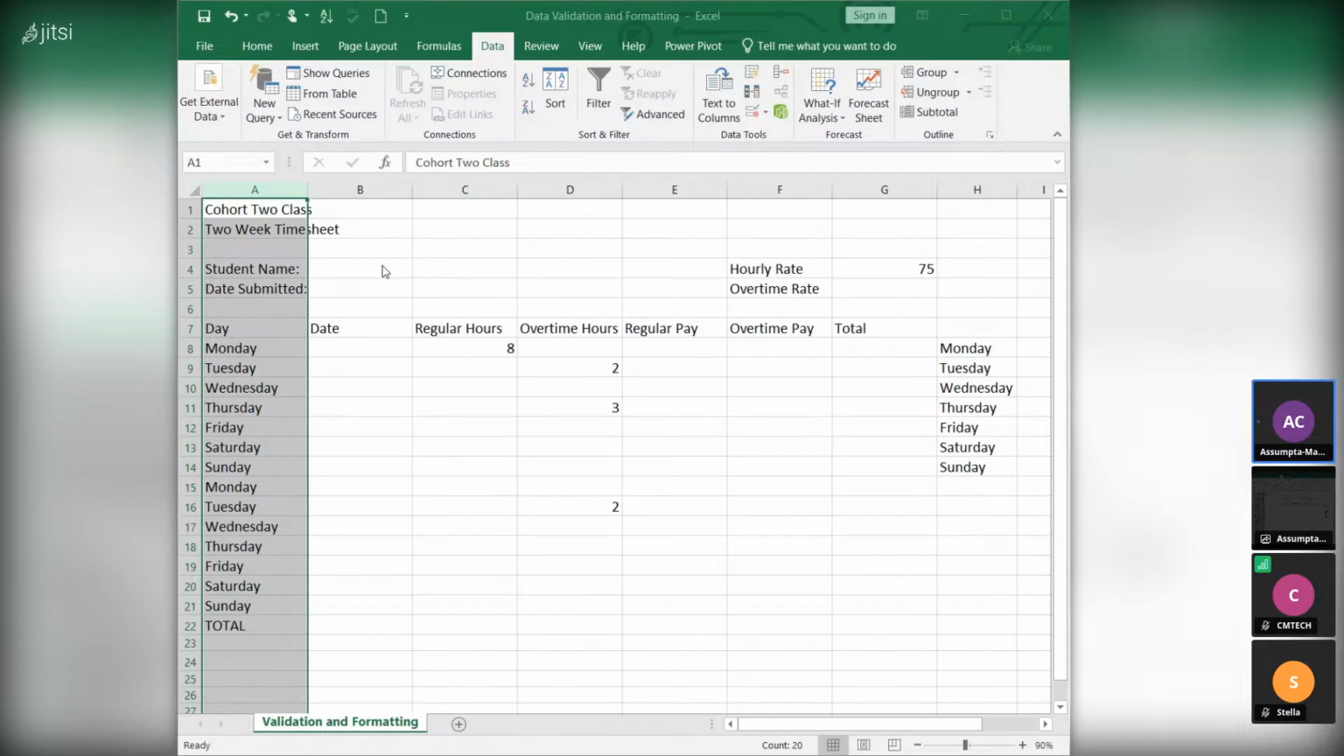So they are telling me allow value. I don't want to allow just any value. So there's a drop down button that shows me any value, whole number, decimal, list. But this time around, we want to work with list. So we click on list. When we click on list, we see where there is source. And in that source, they are telling us that